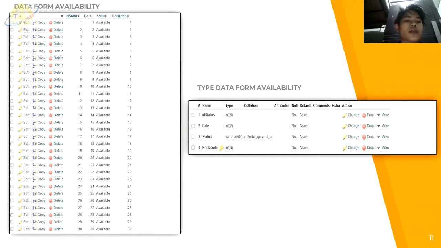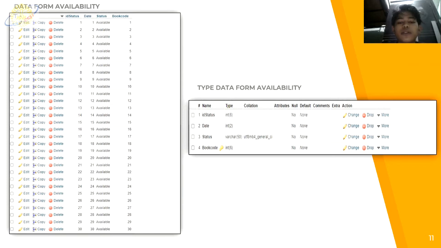And next, the availability form is for seeing the available rooms. You can see in the availability form if the room is used, the status is not available. These are the data types for the availability form. Room ID is data type integer, 6 digits, and the next is integer, 2 digits.